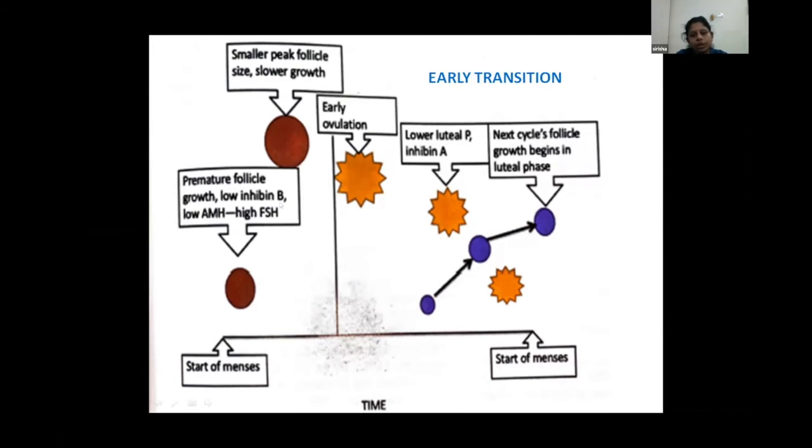So what happens to the follicle? It starts growing very fast under the influence of the increased FSH. Though it doesn't reach the original follicle size of the reproductive age group, because of the aged follicle, it ovulates even earlier, at a smaller size than the normal size. Early ovulation happens and it changes into the luteal phase, where the progesterone and inhibin A that are secreted are also lower in amount, which again fails to control the high FSH.